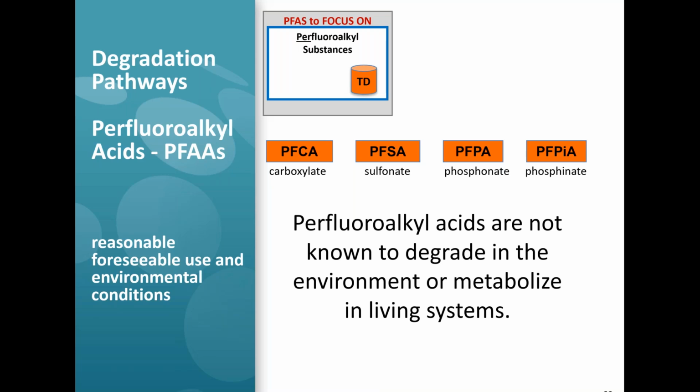The one thing that I might point out in this area before we go on is, as we think about being clear, specific, and descriptive, there is no question that even within each of these categories, the substances that are present in them have different properties. We know, and there is well-published data showing that the carbon chain length in these categories makes a huge difference in the physical, chemical, and biological properties of these substances.